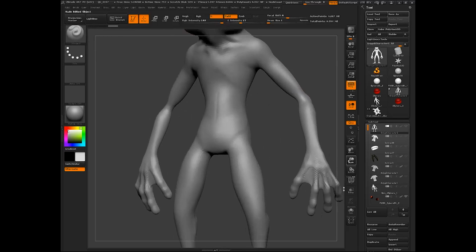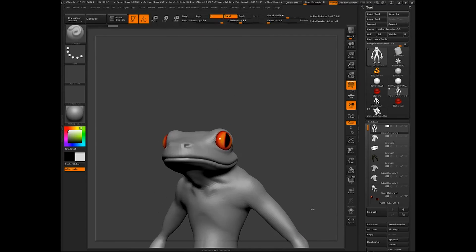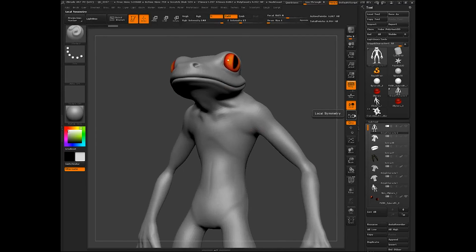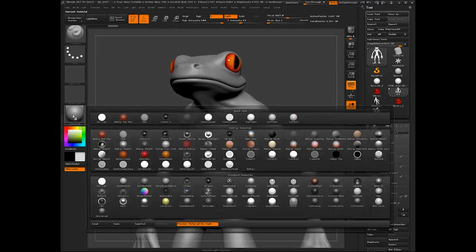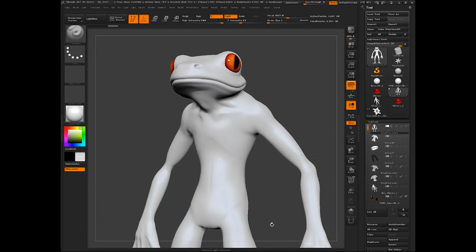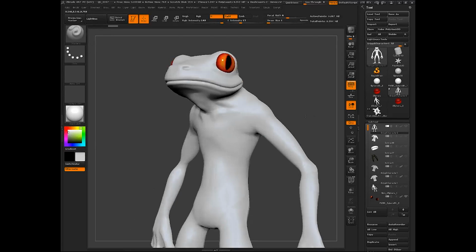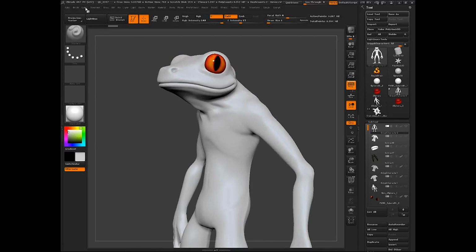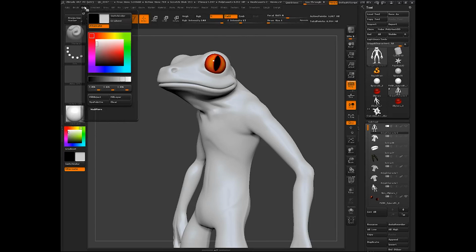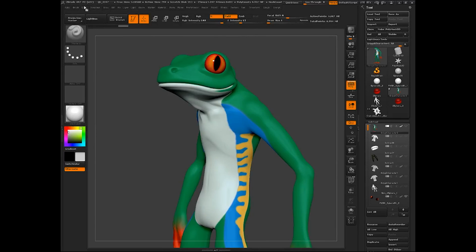Initially, what I want to do is go ahead and fill in the gray matte cap with a skin shade. So I'm going to select skin shade, and then we're going to go ahead and select an off-white color. So we don't want pure white, just because pure white is going to be hard to see. So we'll do slightly off-white, and